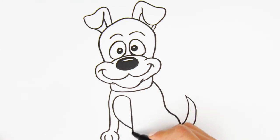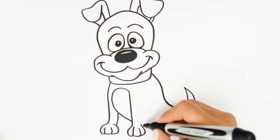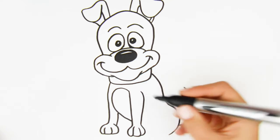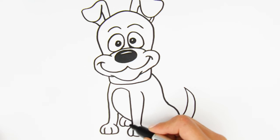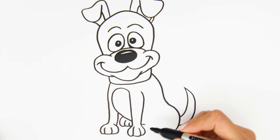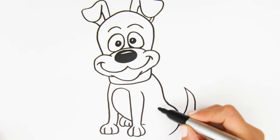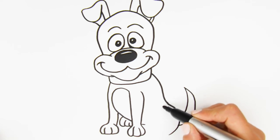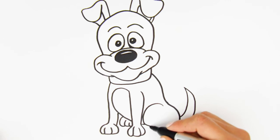So the other leg is gonna be over here. Hope you can see it, like this. The little cute tiny paw, finish it up over here, and you can see the other paw over here. Just gonna outline it like this over here, and we're gonna draw his leg that's showing over here like this. So he's standing on his